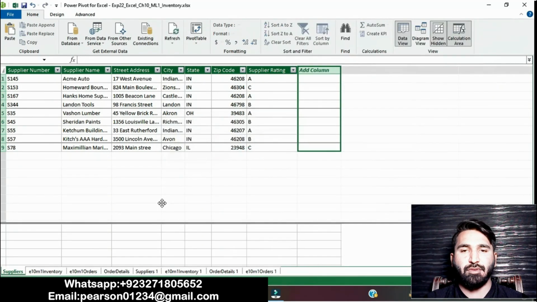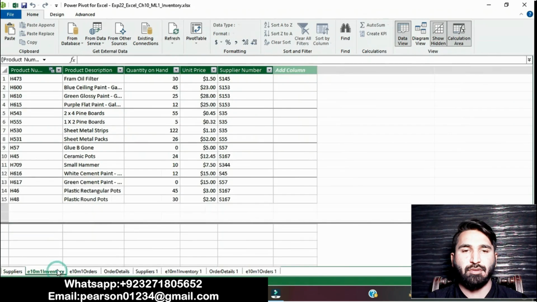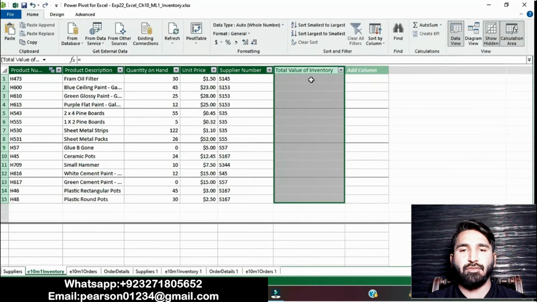You can see here, add columns: total value of inventory.